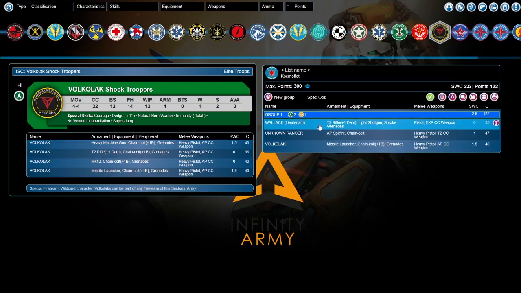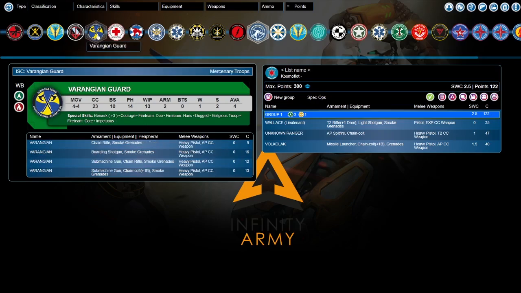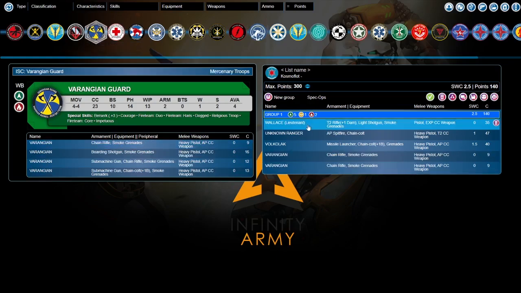Now, what's interesting about William Wallace is he's not a wild card. He has a special fire team where he can only be a part of any fire team of Varangian Guard. So let's grab Varangian Guard, and we are going to grab our 9-point units for the Varangian Guard. This is a fantastic